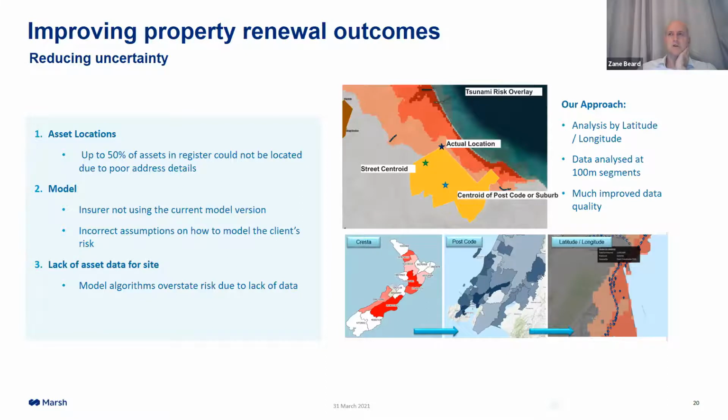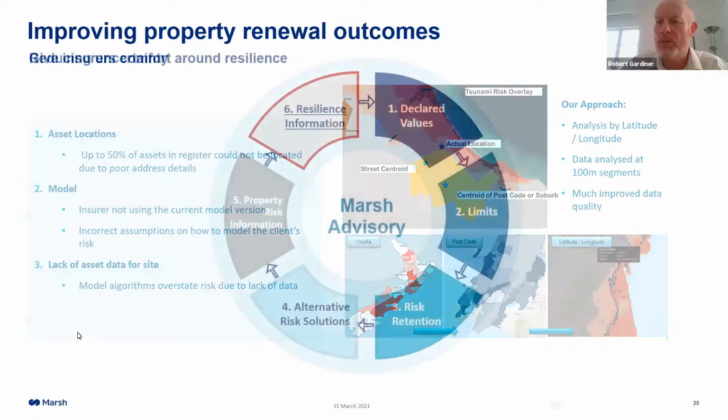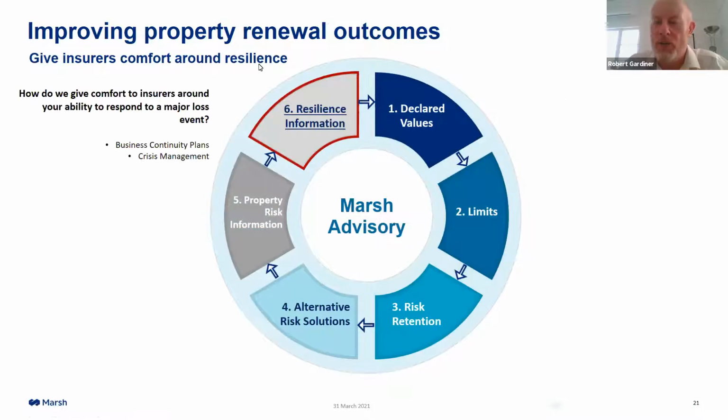So if we can reduce that uncertainty and give them the data that helps them see, actually, it's a $55 million loss you're exposed to here for these reasons, then that will limit them from taking that $70 million loss approach and pricing that in. Absolutely, and those images at the bottom articulate, from a historic review of a client's exposure, where it looked at a zip code, looking down to a 100-meter segment, we completely change the risk profile of the client and ultimately differentiate their risk to the insurance market.